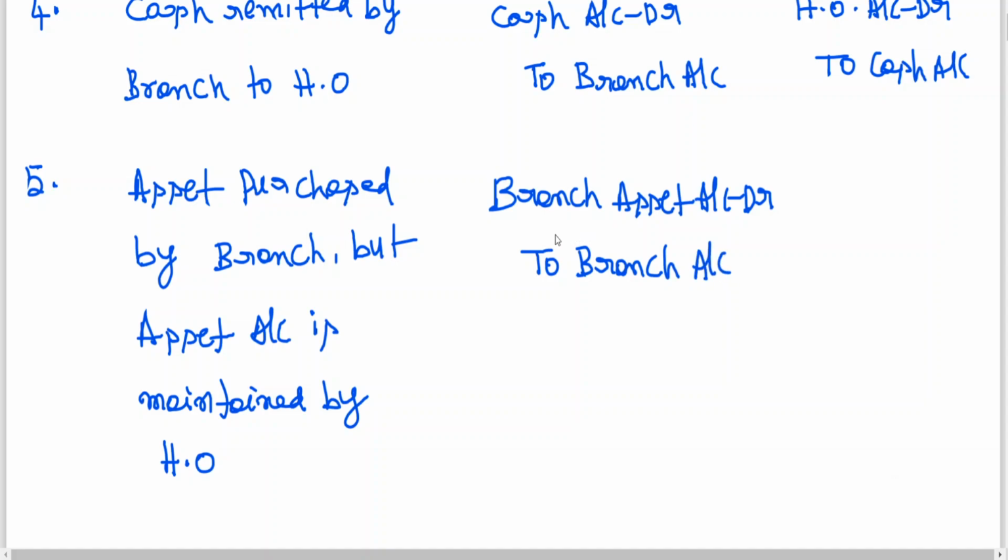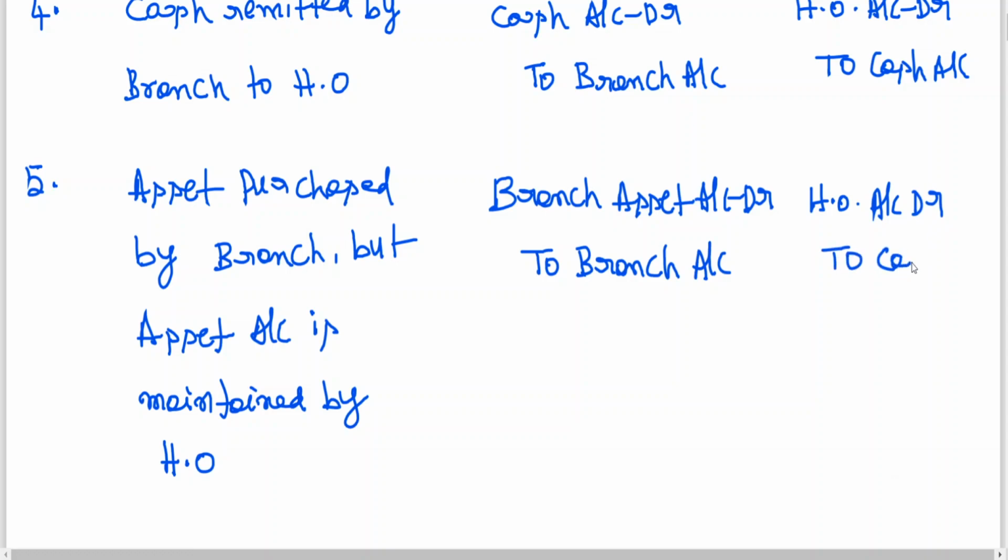branch account. That means the records are maintained by head office, because assets are important. Branch assets need to have the complete information. The head office wants to have the information. So that is why they will be debiting branch asset. And who has given that? The branch has purchased, the giver is the branch. Now here branch feels that he is receiving from head office. So they will be writing head office account at R2